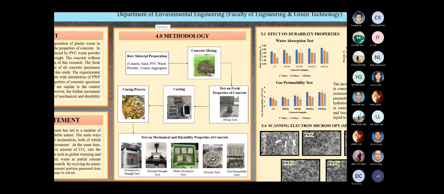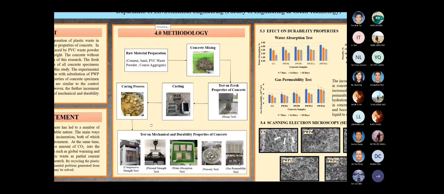After the slump test, the fresh concrete is cast into three different shapes, which are cube, beam, and cylinder shape, in order to carry out different laboratory tests. After casting of the concrete specimens, the specimens are air dried for 24 hours. After 24 hours, the concrete specimens are cured for 7 days, 14 days, and 28 days in the water tank.